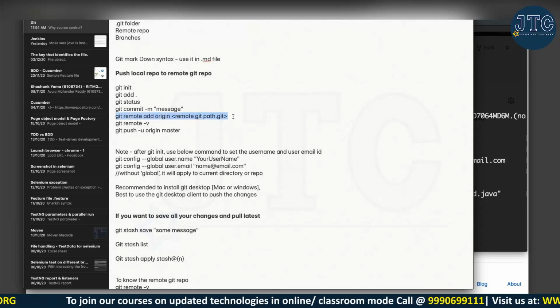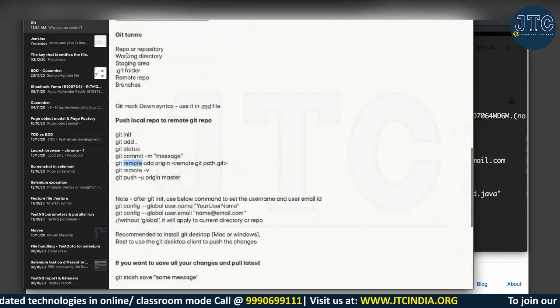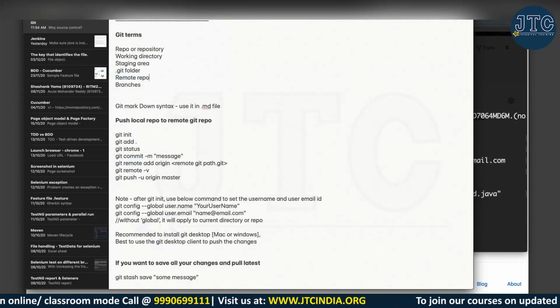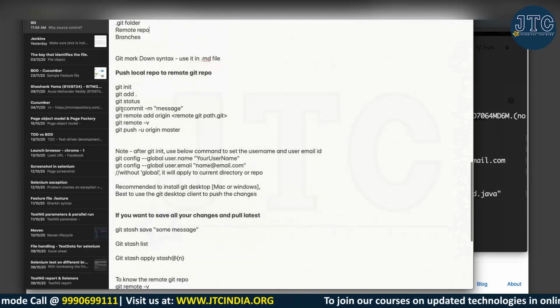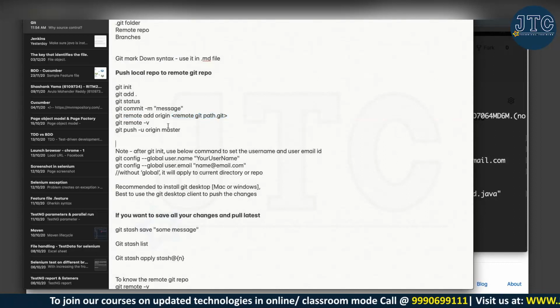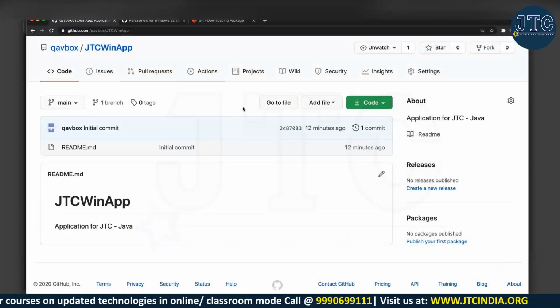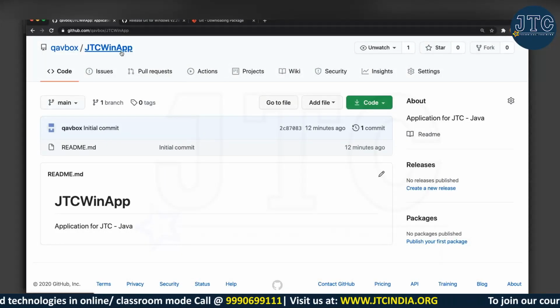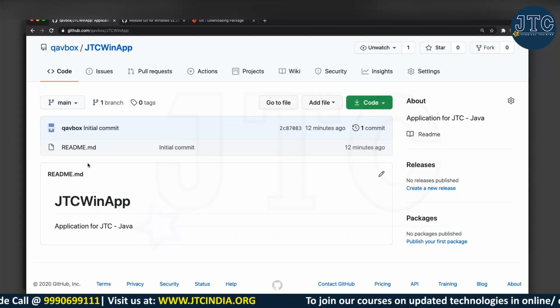Git remote add origin. Remote is referring to the remote repository. That's why this terminology is there. Whenever I'm using remote, it is dealing with the GitHub account only. Now how do I get this remote git path? If you go to your account, you can see this is my application, or the project folder where I want to keep my second.java.